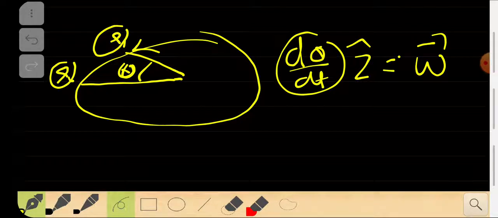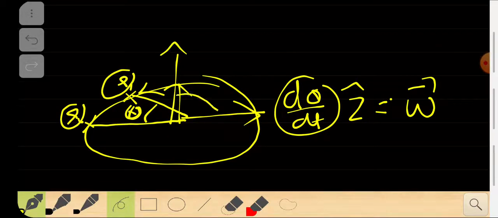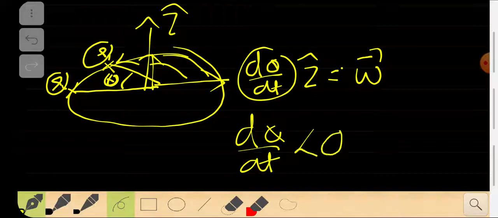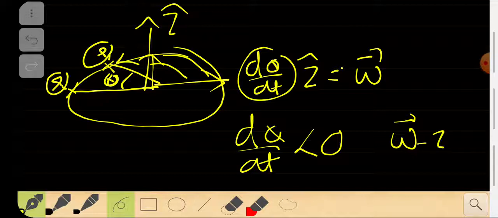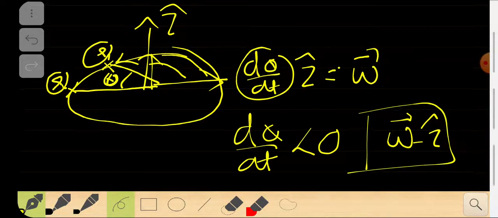If the angle is increasing from this point to this point with respect to time, then it will be in the positive z axis. You can call this the x axis and this the y axis, and the perpendicular axis will be the z axis. So that's in the positive z direction. Also, if d theta by dt is less than 0, negative, then omega is going to be in the negative z axis, right? So negative z cap direction. That's the basic gist of what we have learned so far.